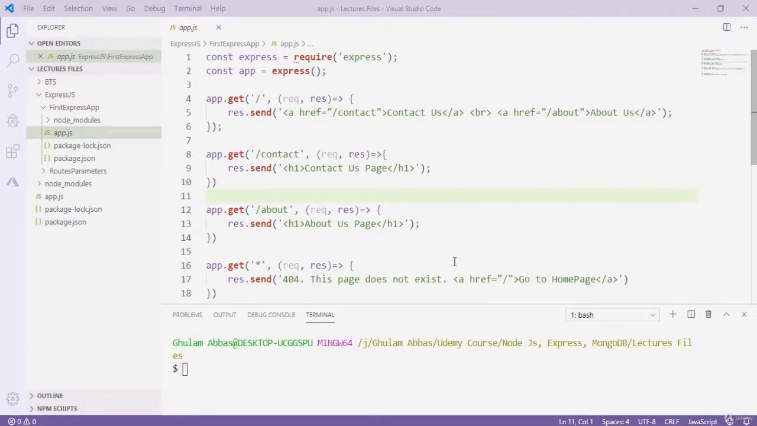Welcome back to this course. So today in this video we are going to discuss template engines that we are going to use in Node.js. Okay, so in our first video of this section, in which we built our first Express app,